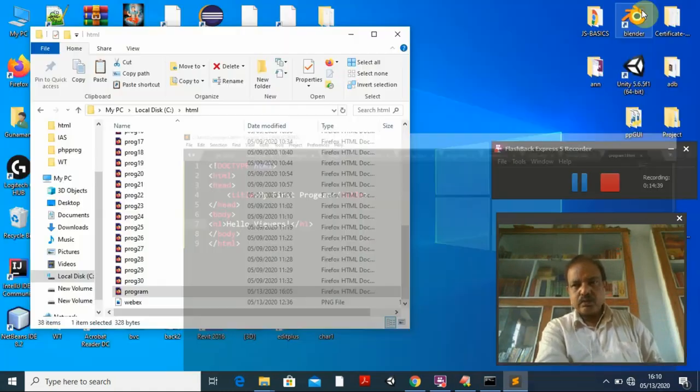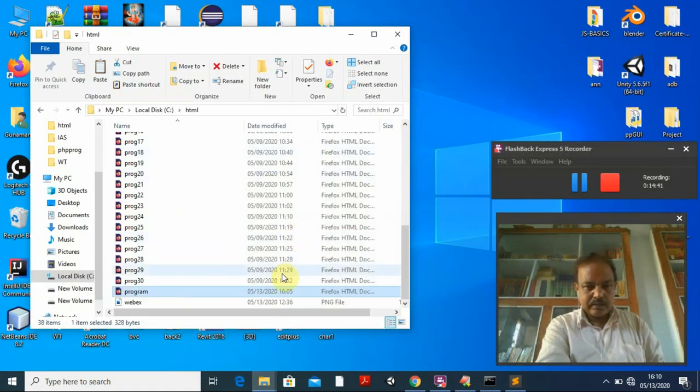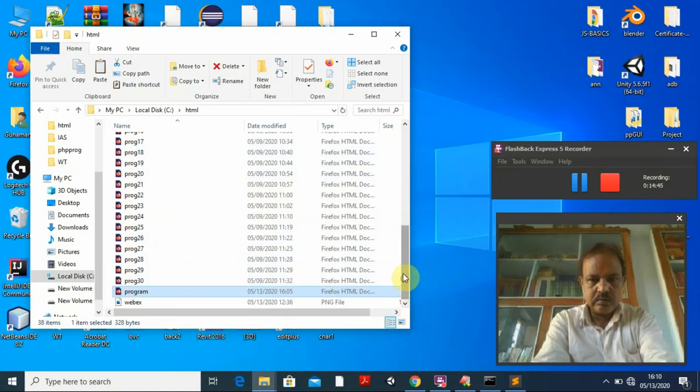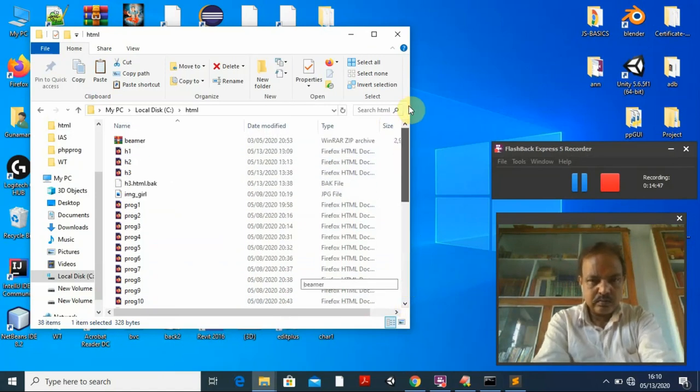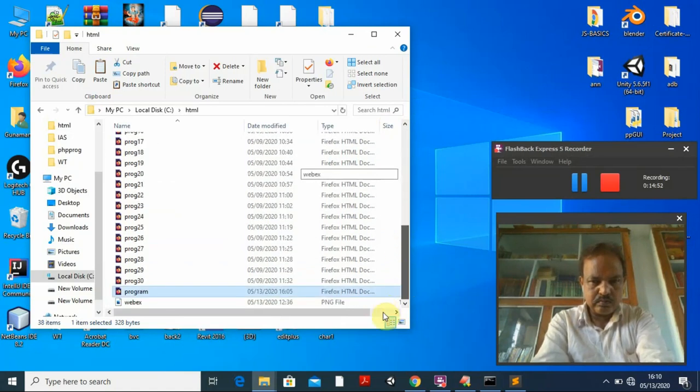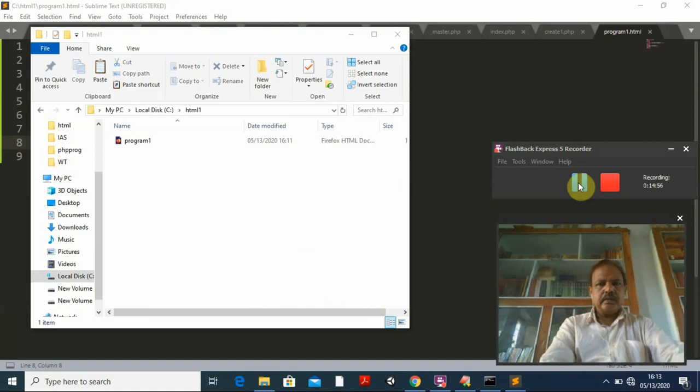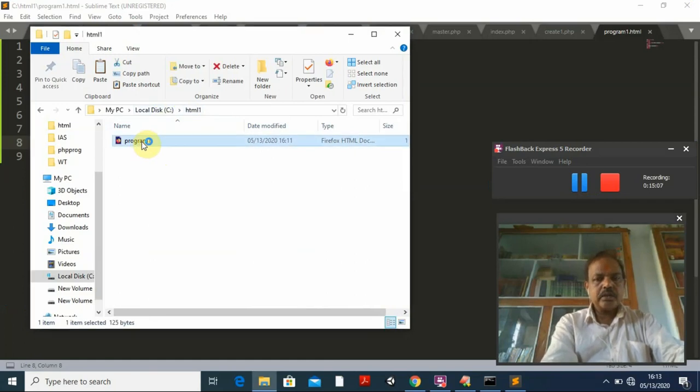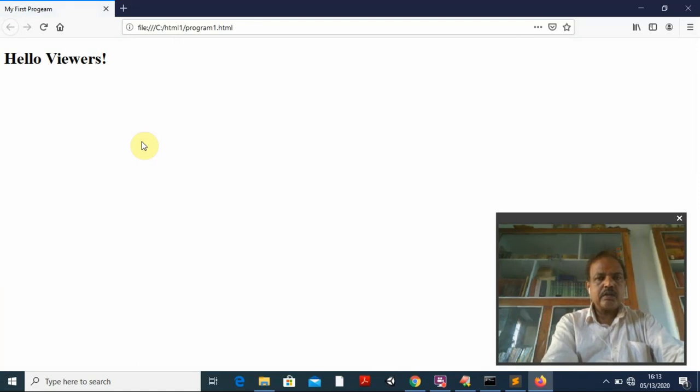Now we can check where we have written this file. This file is written in the HTML1 folder of C drive, and the file name is program1. Just double click that one, and you can see the output, Hello viewers.